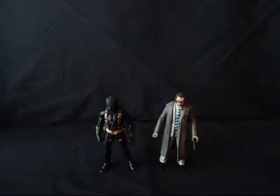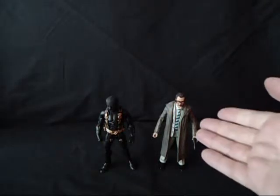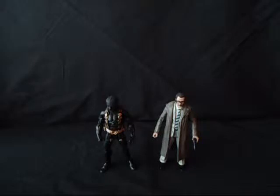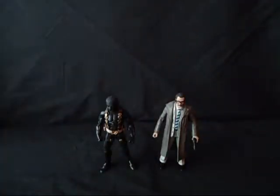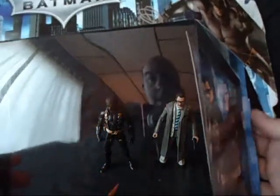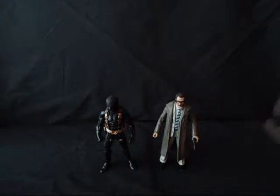Oh, here we are back. They are out of their boxes, and I'm really impressed by the figures. Very happy with Commissioner Gordon, always wanting to have a Commissioner Gordon. The other thing that I think in other reviews people have shown is the panels that are inside the box. Let me put this in here real quick. So the box would look like that, but on the back of these cards, they have added extra bats,